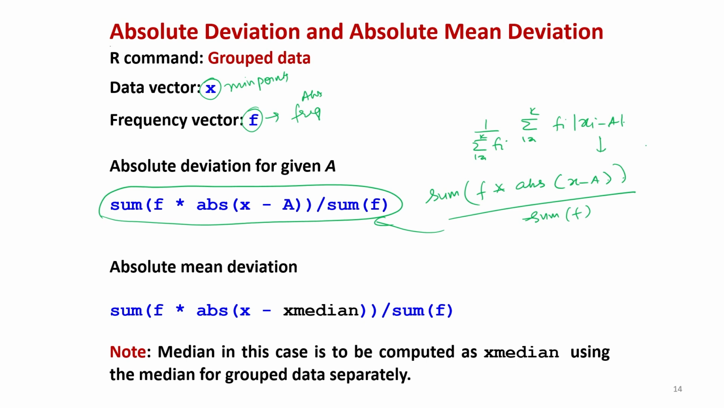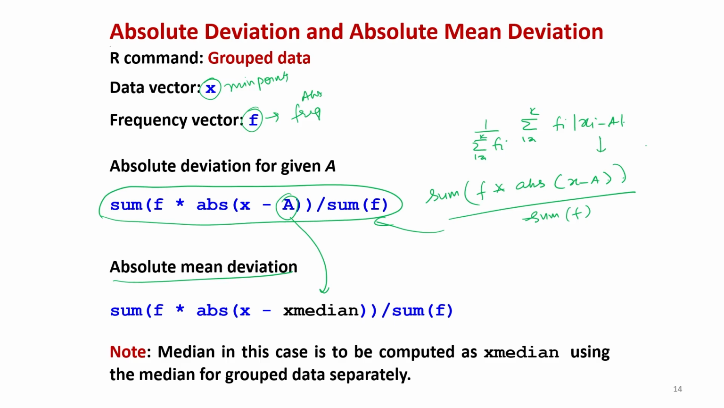And similarly, if you want to find the absolute mean deviation, then this a will be replaced only by the median of the data x. But in this case, you have to be careful that the median in the case of group data is not going to be computed by the command median, but it has to be tabulated and then the median is going to be computed. Although in data science, I agree that there may not be much difference between the two